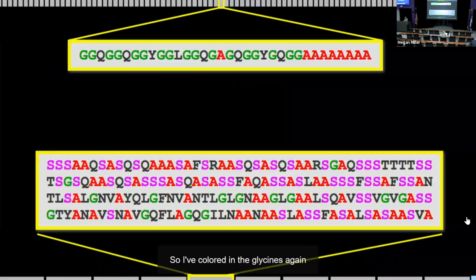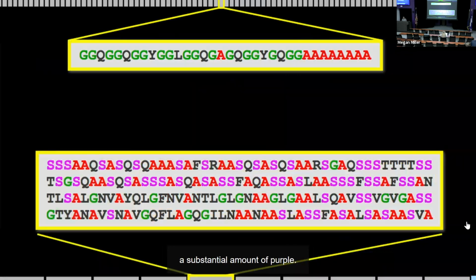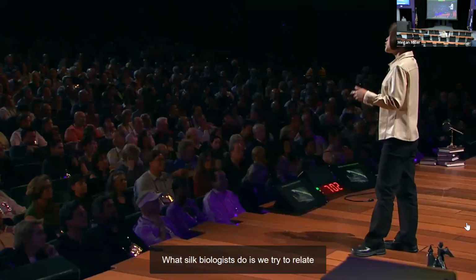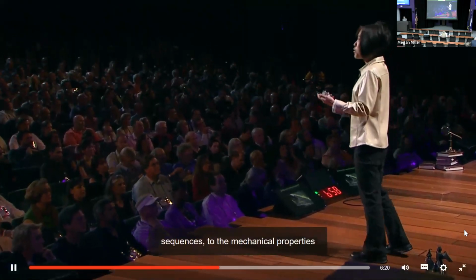So I've colored in the glycines again in green, alanine in red, and the serines, the letter S, in purple. And you can see that the top repeat unit can be explained almost entirely by green and red, and the bottom repeat unit has a substantial amount of purple. What silk biologists do is we try to relate these sequences, these amino acid sequences, to the mechanical properties of